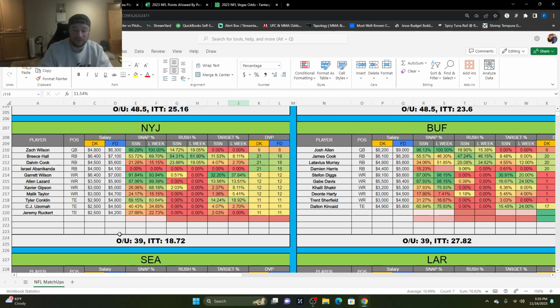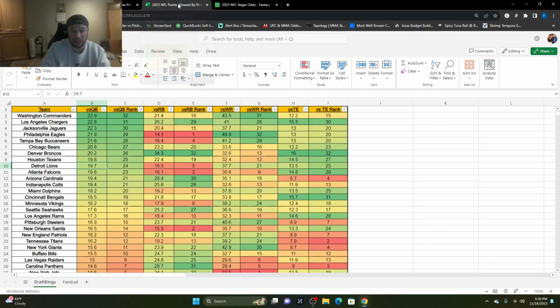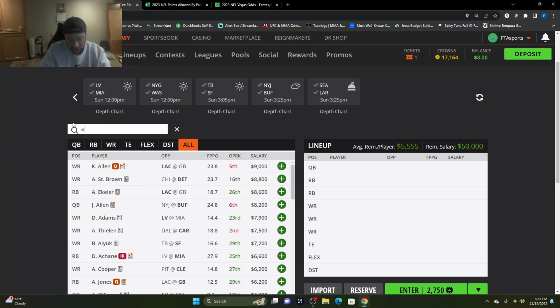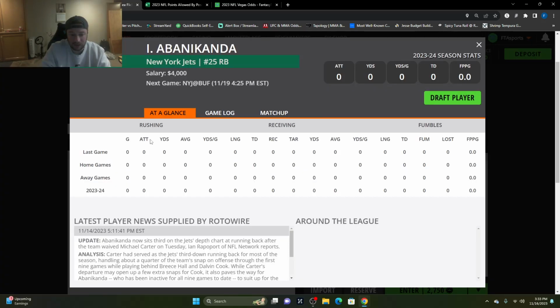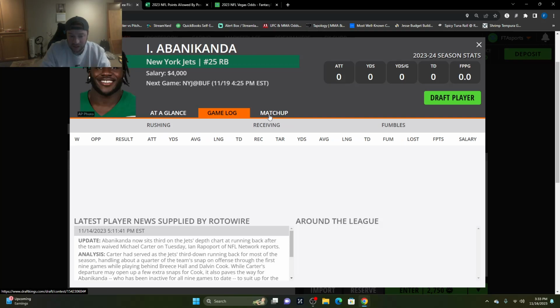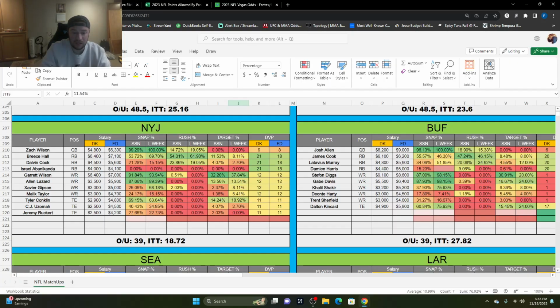They wanted to give some exposure to Abanikanda. If you look at his price, he's 4,000, and game log wise, he has not played. He's third on the depth chart, obviously behind Breece Hall and Dalvin Cook. That's definitely something to look at if he's in there. Garrett Wilson obviously is the go-to. 32% of the targets this year, 37% last week. So if you are going with Zach Wilson, obviously Garrett Wilson is the guy. Maybe a little bit of Tyler Conklin, but I don't know how much exposure I'll have to this Jets